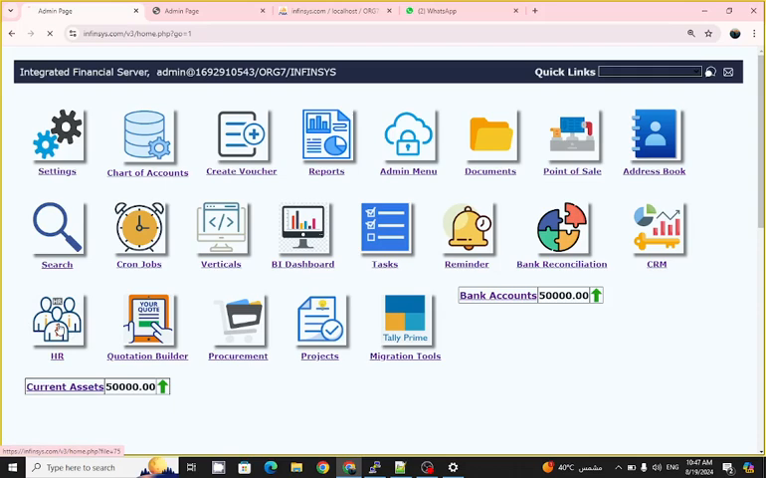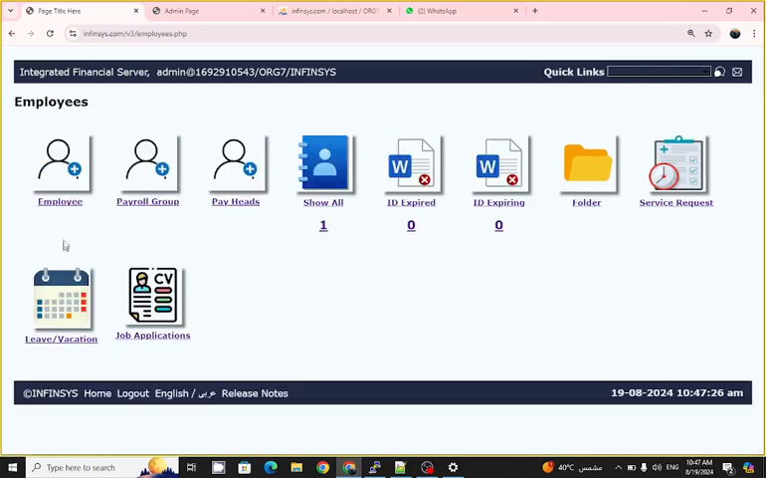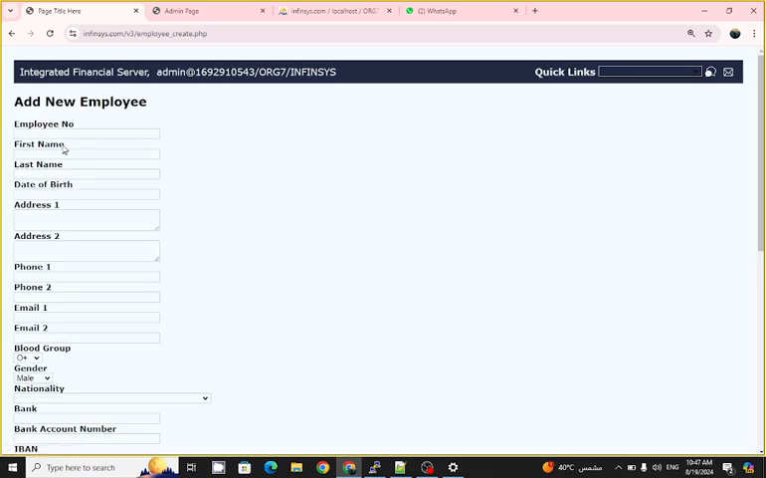Open HR. You will find options to create employees. So here, if you want to create an employee, just select the first option, then enter the details. Minimum you have to enter the employee number, first name and last name,